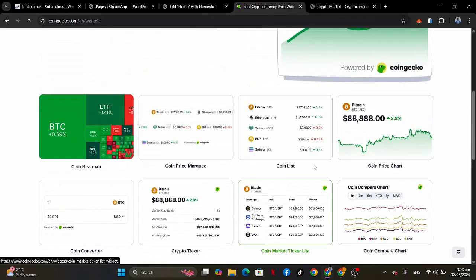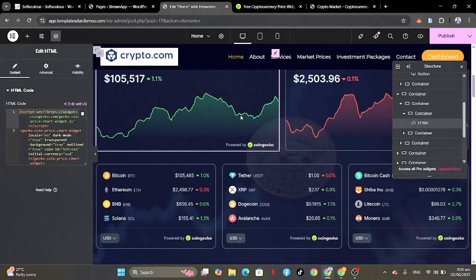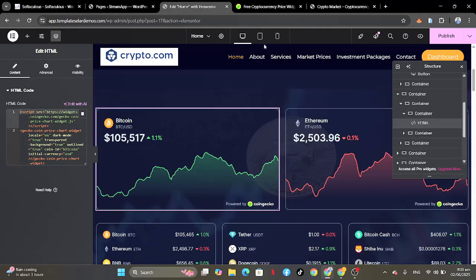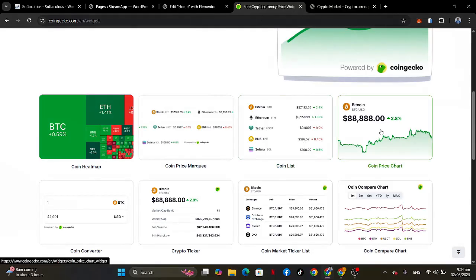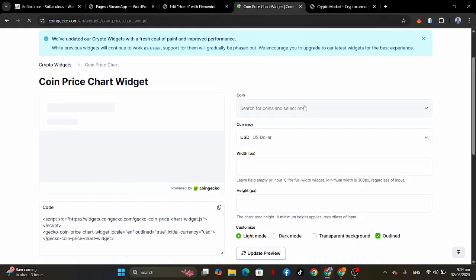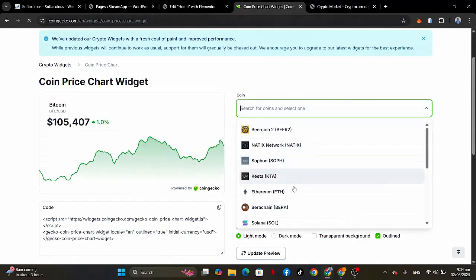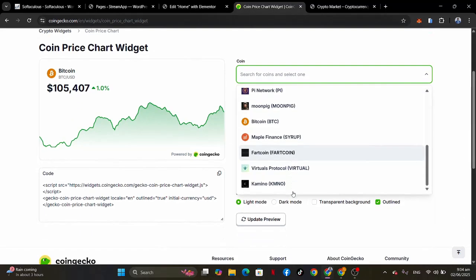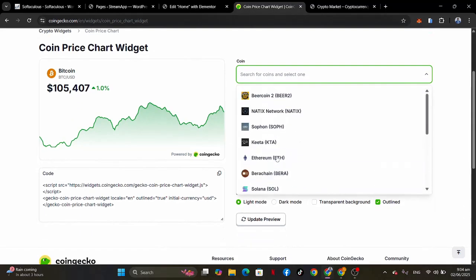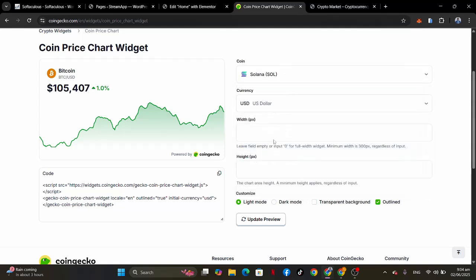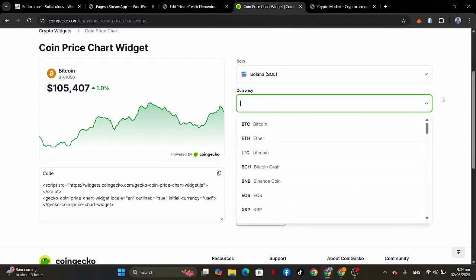So let's say this one is Ethereum, and you want to change Ethereum to a different coin. You can go over here. This is what I used, this particular one over here, and then I can just select any coin that I want. So apart from Ethereum, what coin do you want to select? Let's say Solana, you can click on it,